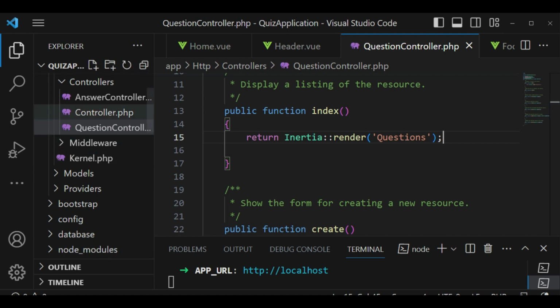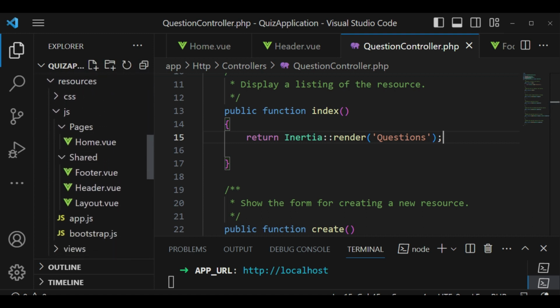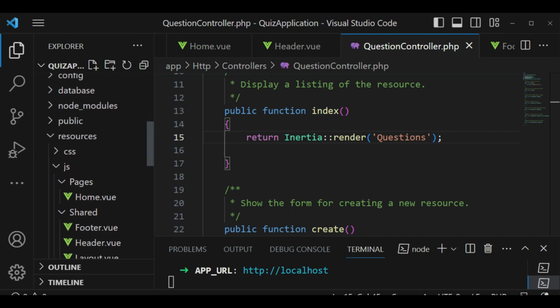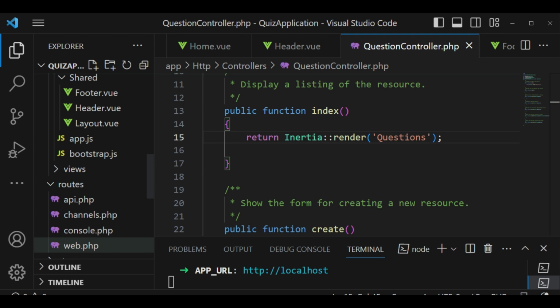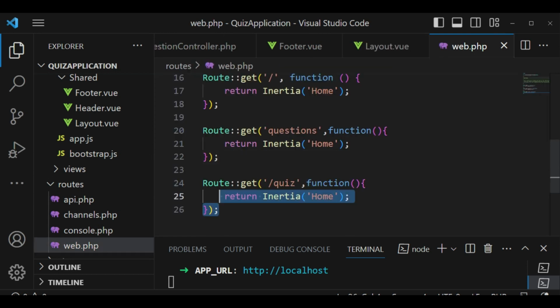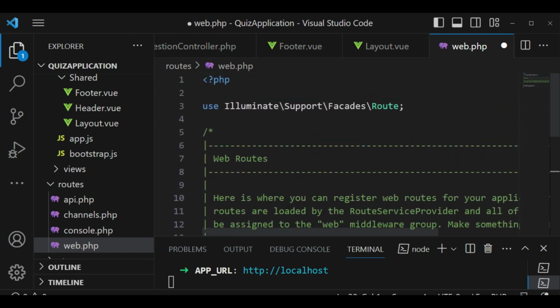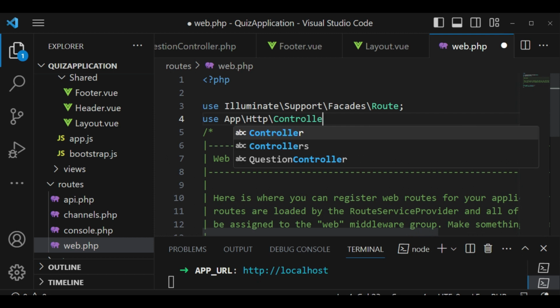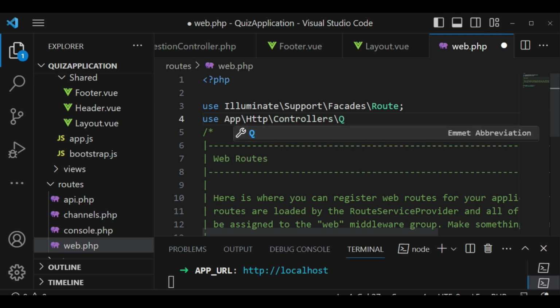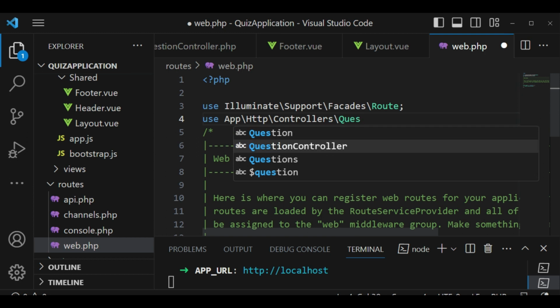And when we do it like this, we can come and also define this controller method in our web.php. So I will scroll to routes and we will go to web.php. I will clean up some of this. What I want us to do is to import our controller here. So I'm going to write use App\Http\Controllers\QuestionController,